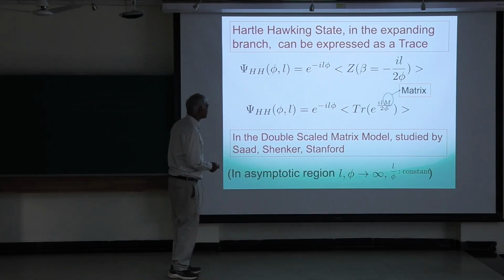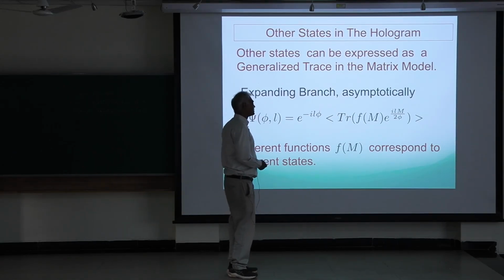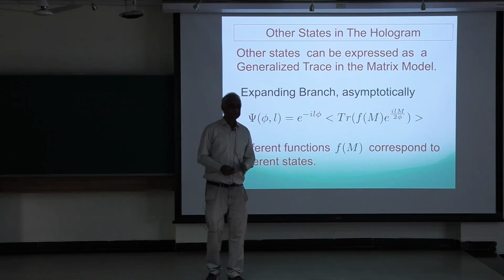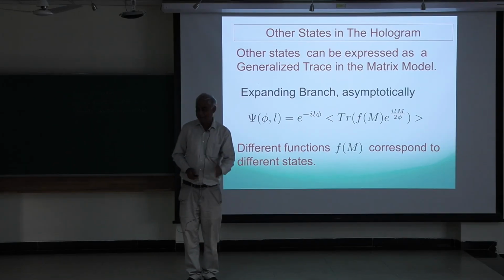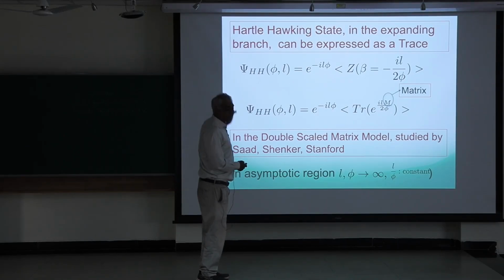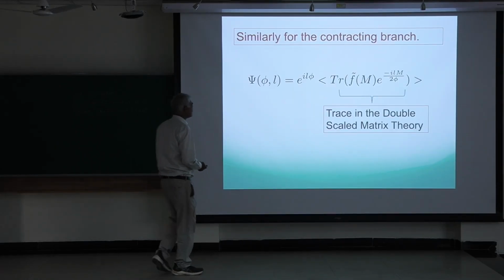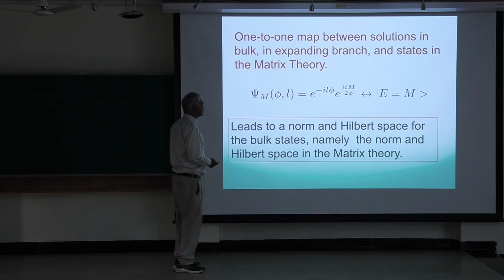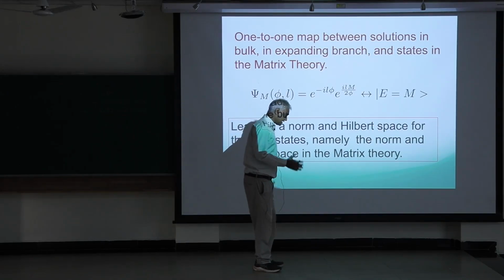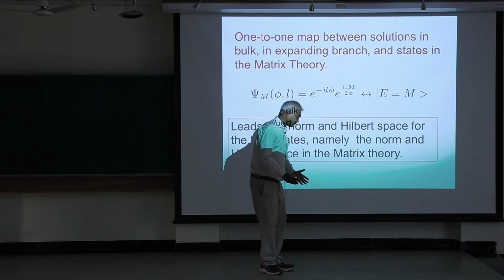The Hartle-Hawking state is rather special. It's like a trace. The other states are like generalized traces. You know, as you change that coefficient function, you have to change this function m. So there's a very beautiful map. And this matrix model is just the Saad Shenker Stanford matrix model studied in AdS, but here it appears with an imaginary temperature, okay, just because of the way de Sitter space works. So I wish I could explain that, but there's a very nice map to a matrix model here, which is a very explicit hologram, and there are an infinite number of states in the bulk, an infinite number of states in the boundary theory, because the matrix is in the double scale limit.